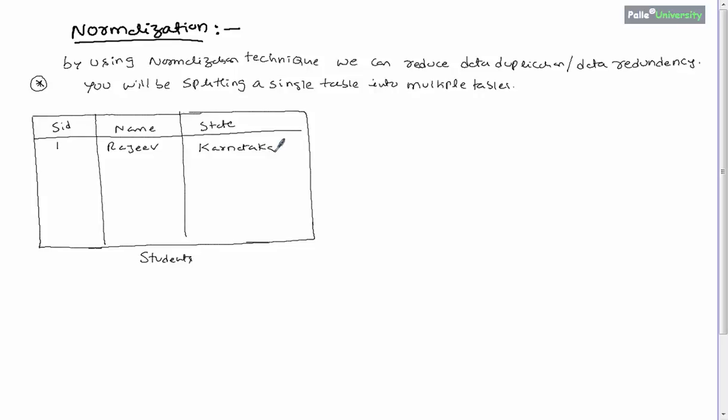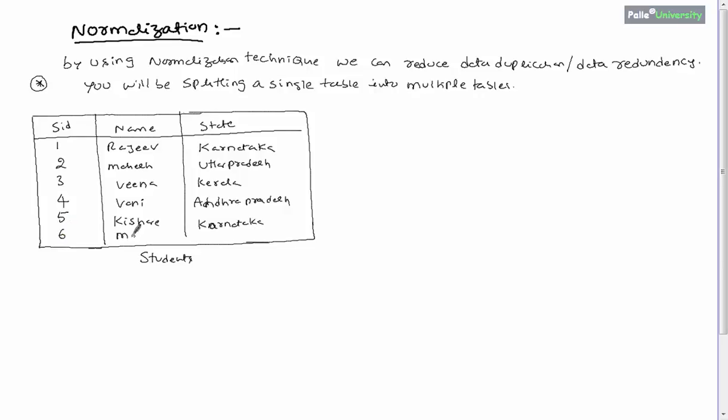2, Mahesh, Uttar Pradesh, 3, Veena, Kerala, 4, Vani, Andhra Pradesh, 5, let us say Kishore, again from Karnataka, 6, Madhav from Karnataka.